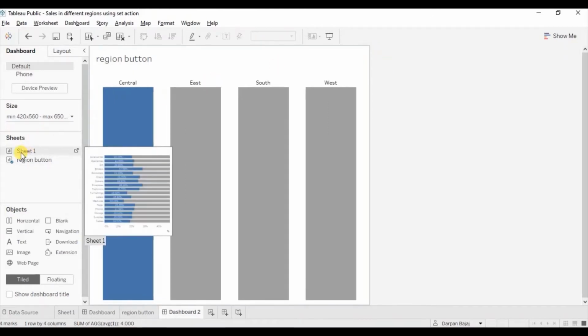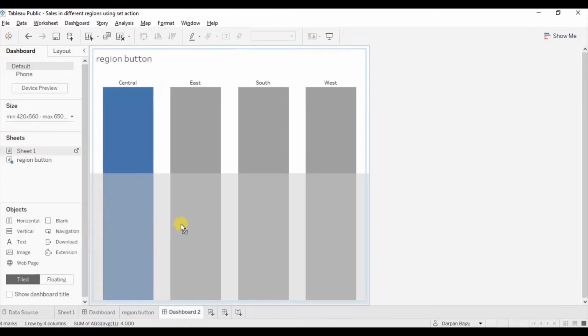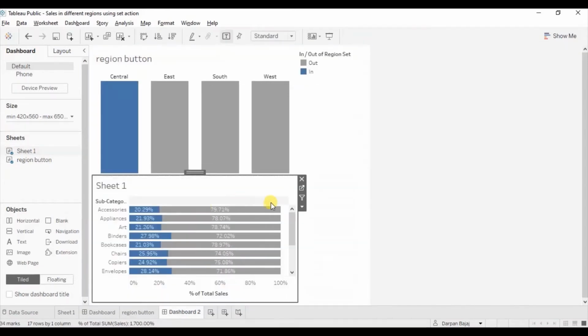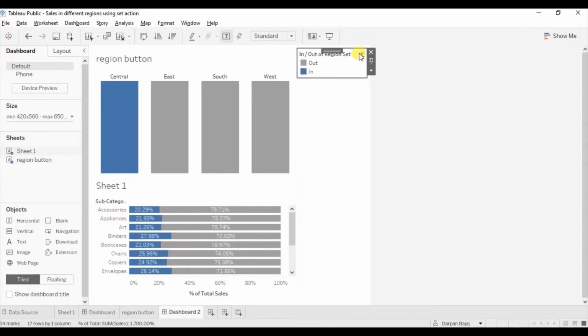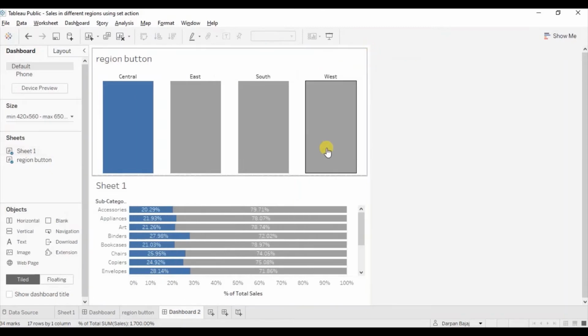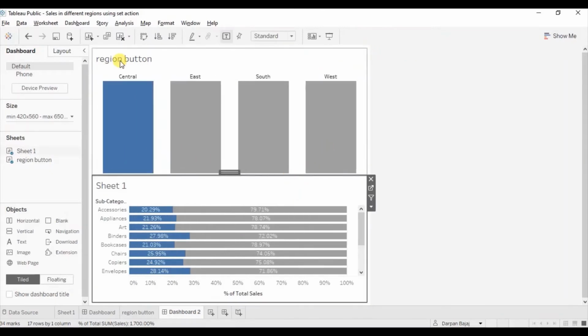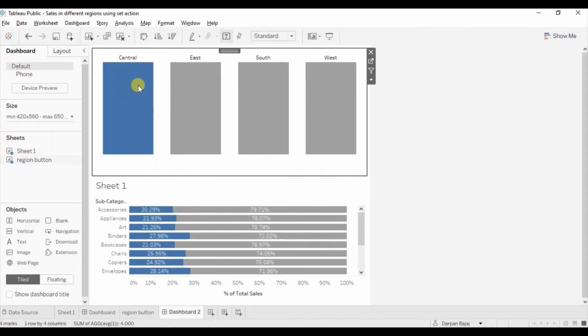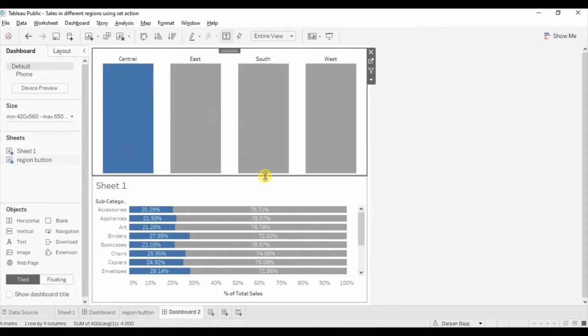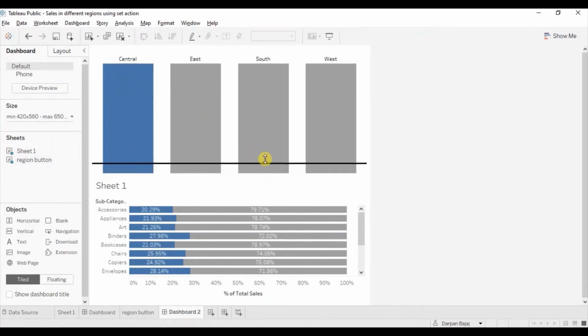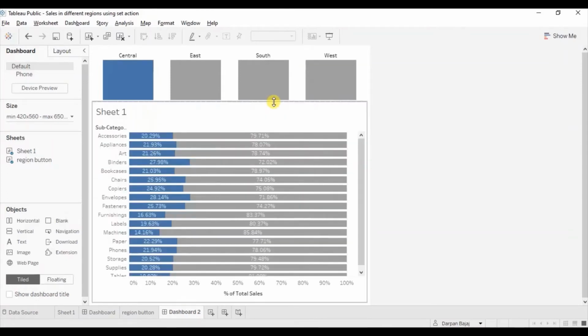Now let's drag our second sheet below this one. Remove set from the dashboard. Hide the title region button. Let's adjust the size so that we have a better view.